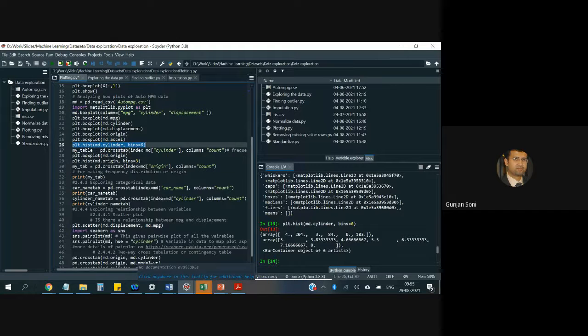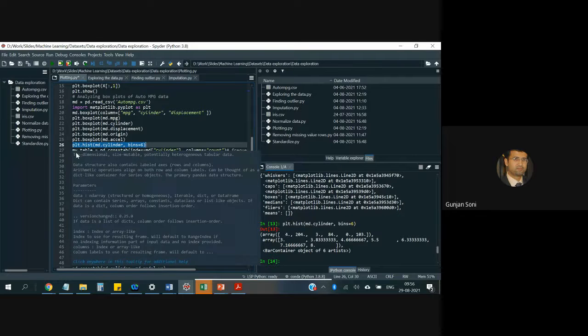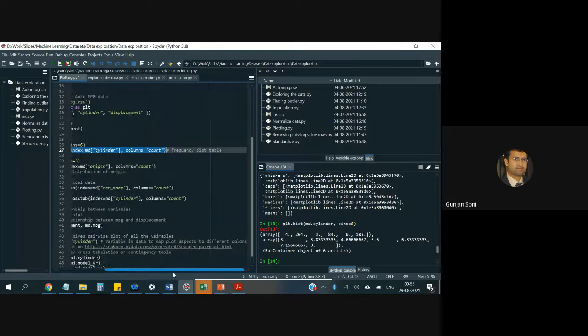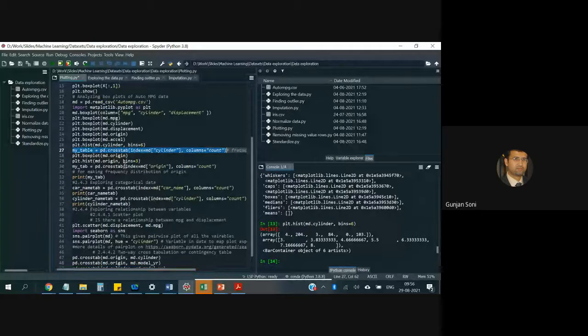Now, next is exploring categorical data. When I'm trying to explore categorical data, cross tabulation will be helpful to me. For example, let's say I make a cross tabulation. You see this command over here. It is trying to make a frequency distribution table.